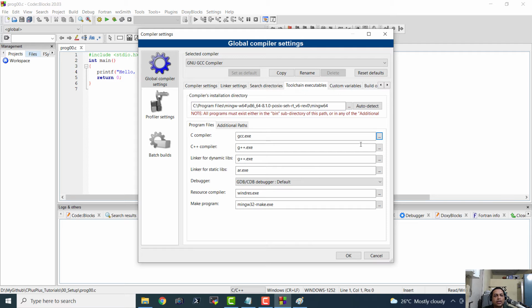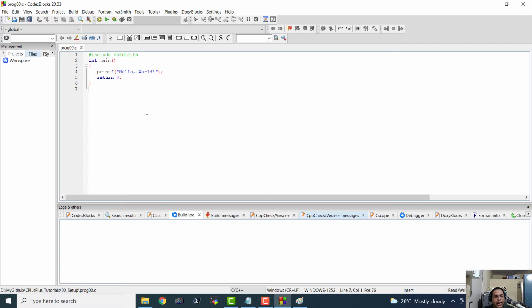Okay, because we have got this mingw C++ and mingw GCC, this mingw w64 set of tools only in one directory, so it auto detected the directory and it automatically fetched the names of all those executables, and probably we can find all these executables in that particular folder. Okay, GCC, G++, AR. Basically, this is the linker for static libraries, and here we have windres.exe and mingw32 make.exe. Now I'm going to click OK, and here we are in the